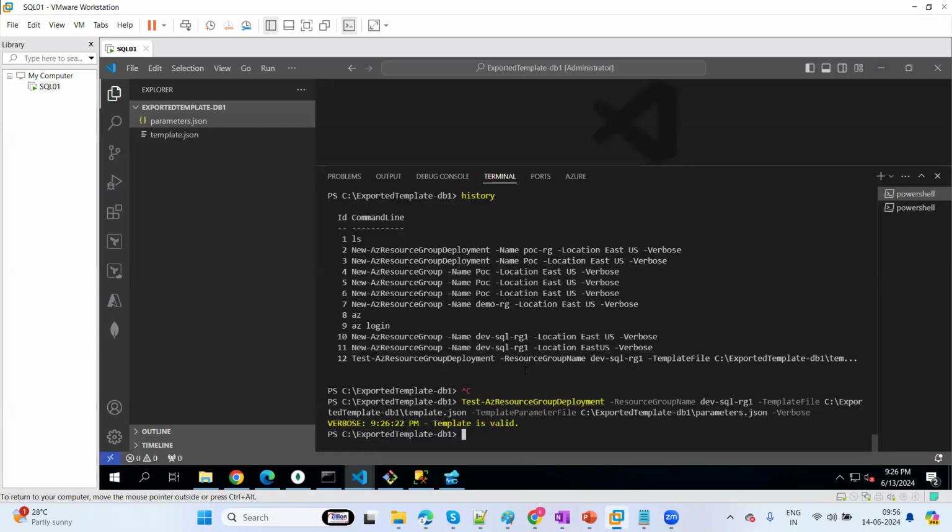Now what I'm going to do, just press up arrow and instead of test, just mention the new one only, which is going to deploy. Right. So what I'm going to do now, complete this code. I'm going to execute it now. So you can see in the resource group whether this got